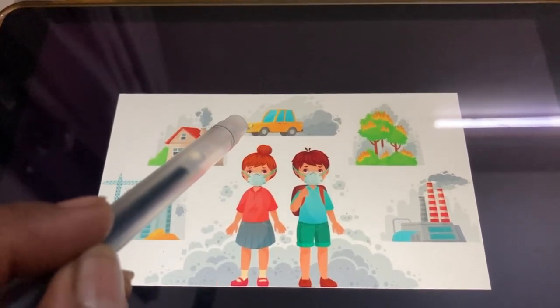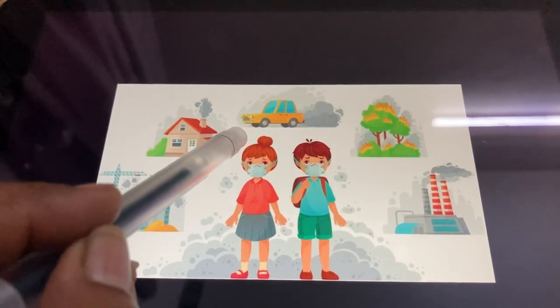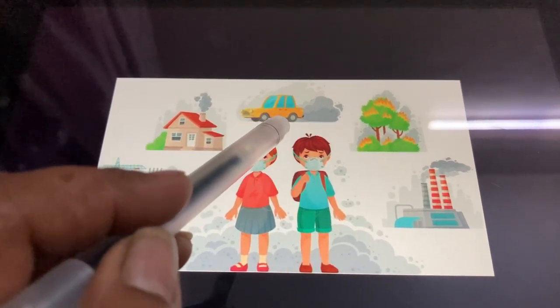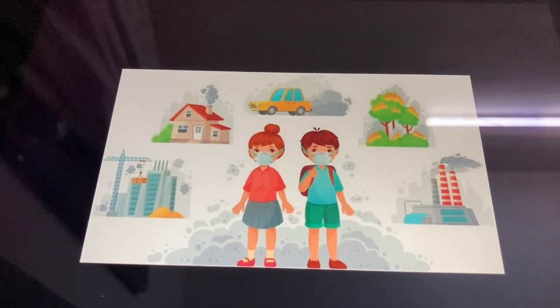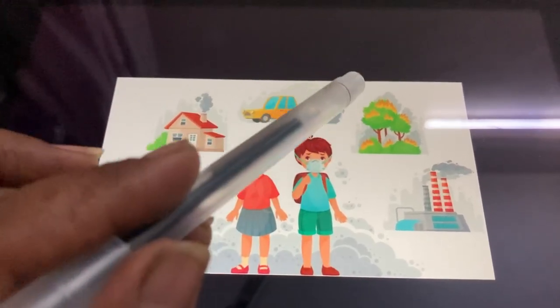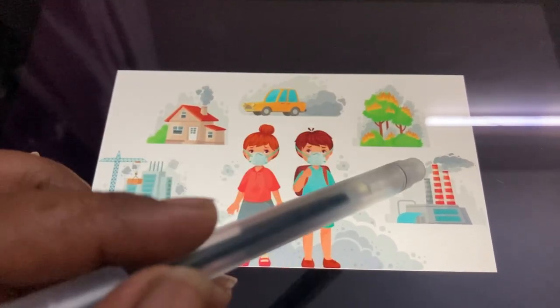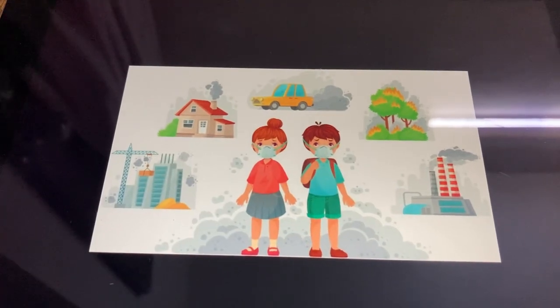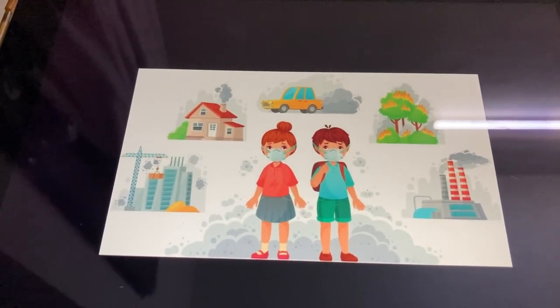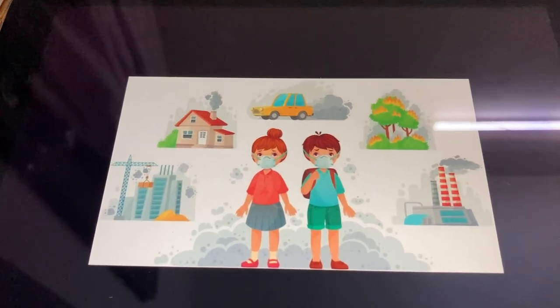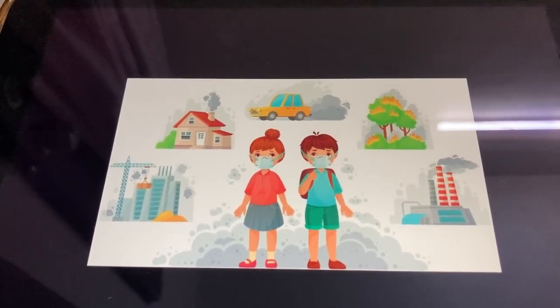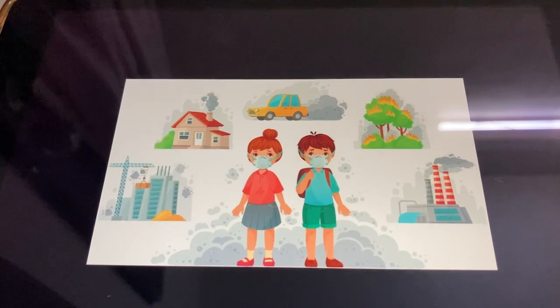When we use diesel or petrol vehicles, the smoke comes out of the vehicle. When we burn plants or trees, that again leads to smoke. And then there are factory works. In factories, things start getting built. जब भी कुछ चीज़ें बनती हैं फैक्ट्री में, तो जो भी चीज़ें वहाँ पे फायर अगर यूज़ हो रहा है,